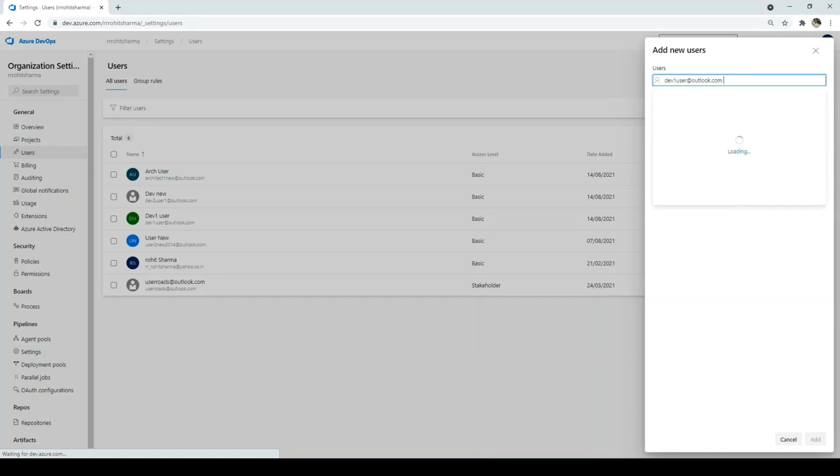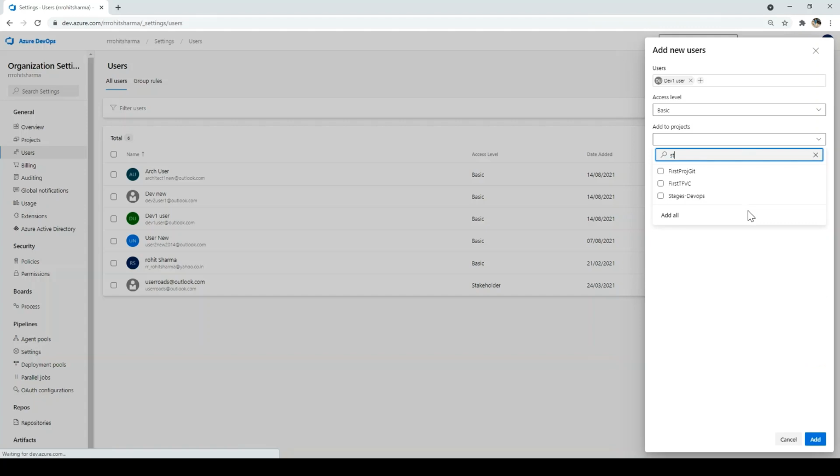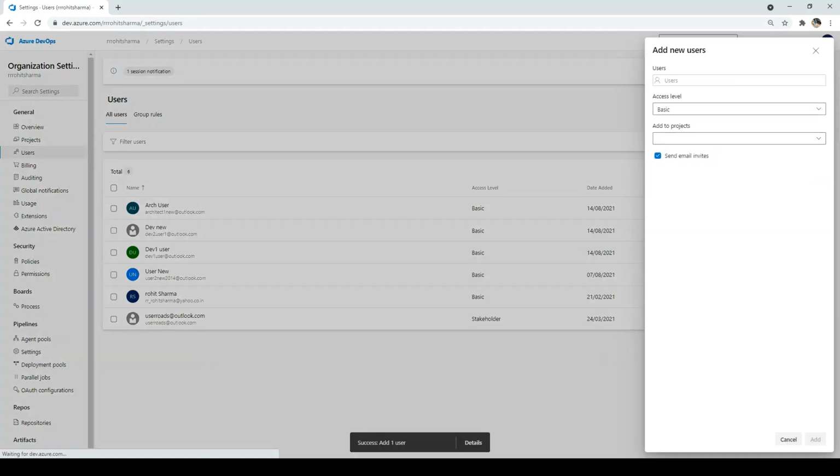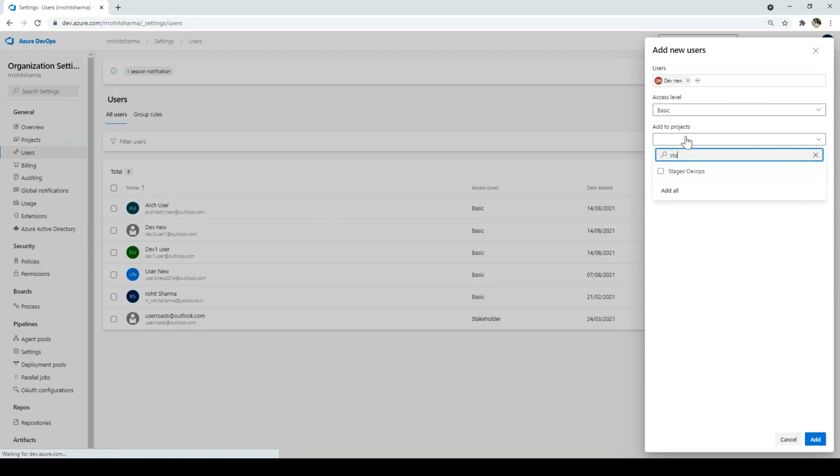I'll just paste it, access level basic, and for the projects, stages, select that and click on add. And let me add one more user. So I'll click on add users, and I already have the ID here. Let me just copy and paste it. Access level again basic, add to the project, it should be stages, and click on add.